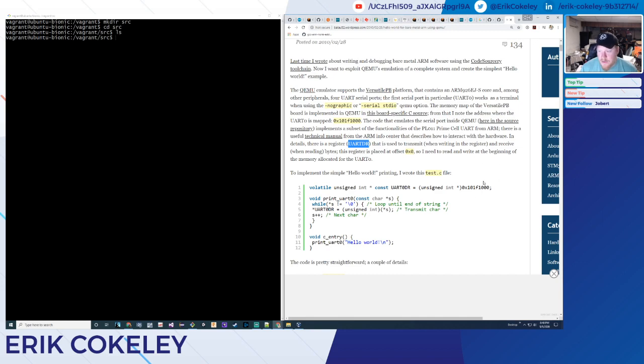Offset 0 to what? To this? Oh, yeah. So I need to read and write at the beginning of the memory allocated at UART 0. To implement this simple hello world print, we do this. It does a while loop, and it keeps walking through the string. It advances this pointer, and it keeps walking until it gets a null terminator. So make sure you pass in null terminated strings, and they do right here,